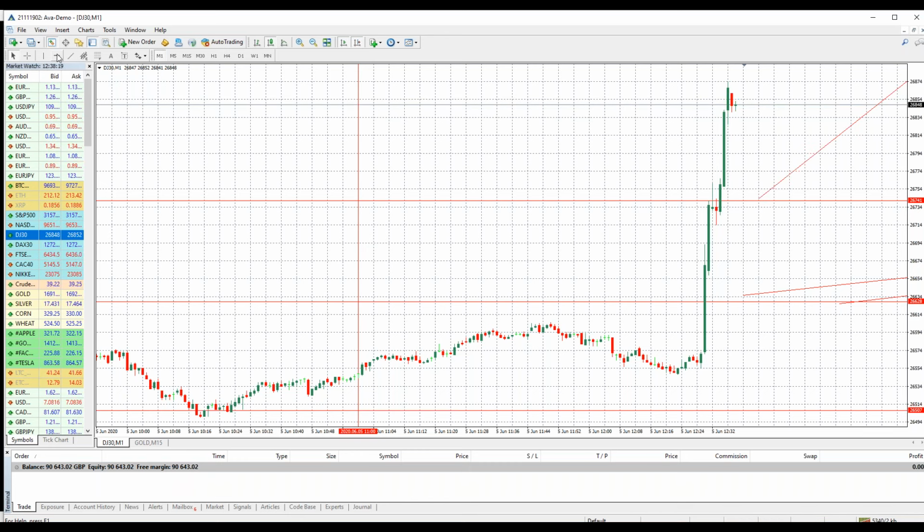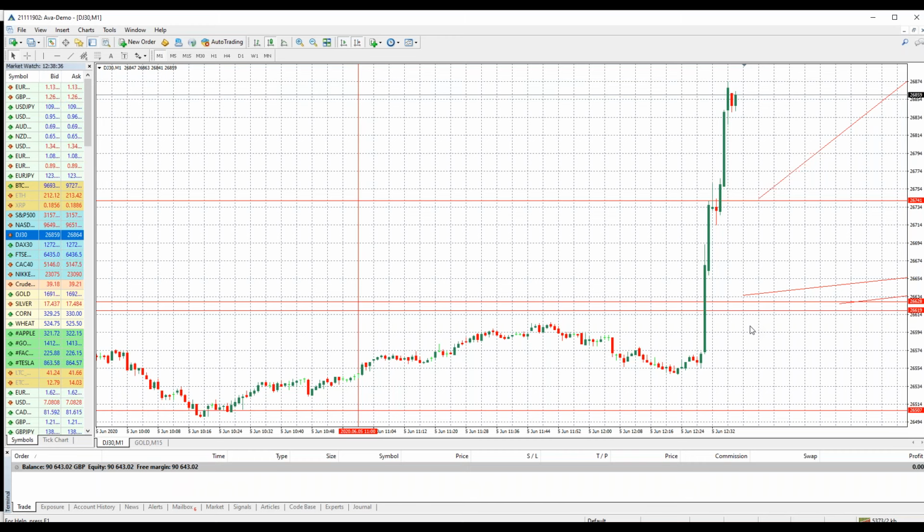Some might say, well, I'll only get in if it pulls all the way back down to the support level, the broken resistance, then you get in. That's up to each individual trader, what exact entry point you want to hope that the movement gets to. But we can see the power of the overall fundamental news today, how easy it was to predict these movements and to get in with some pending orders as well, timed around the regularly scheduled fundamental news, the first type we talked about in the initial slide that we looked at.